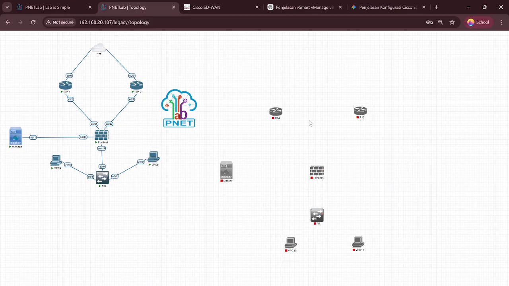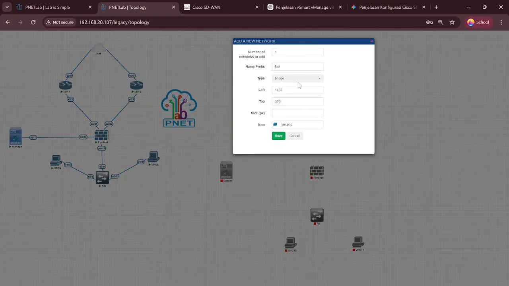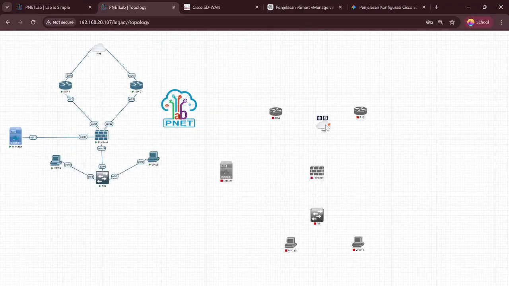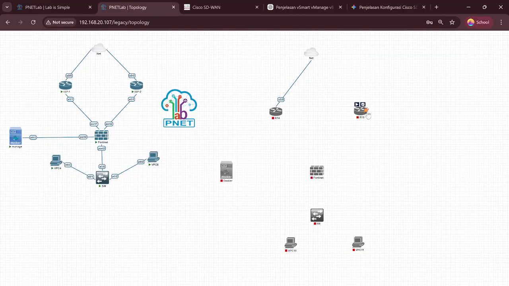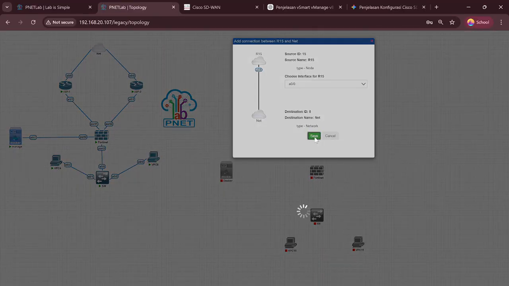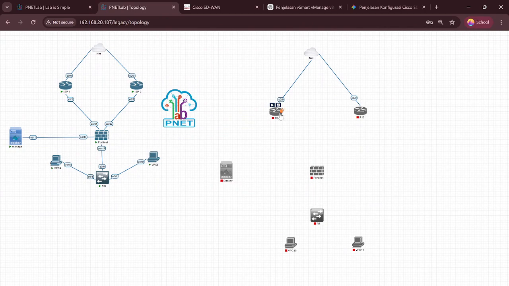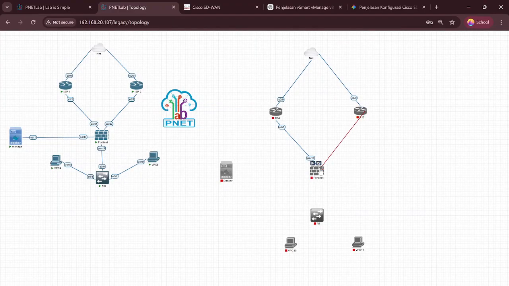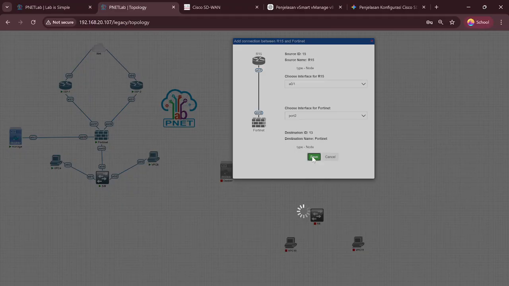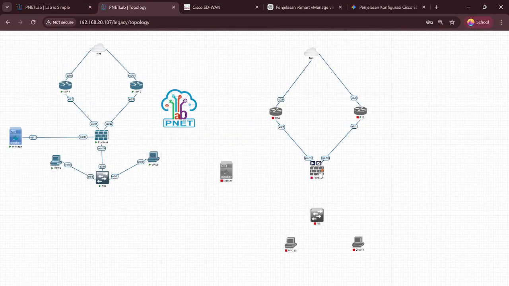Okay, and now add the network management cloud. So set. This is the network. Okay, I click save. This is the FortiGate, save.